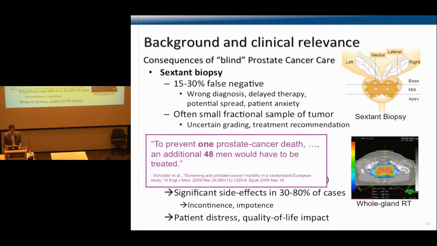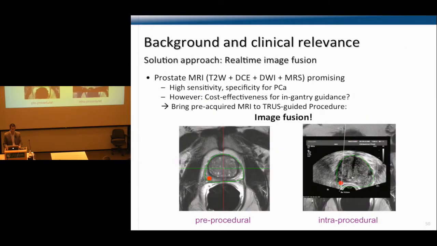And back in 2009, there was a paper in the New England Journal of Medicine showing that to prevent one prostate cancer death, an additional 48 men had to be treated to be able to save one life. So there's definitely some overtreatment that is done. It's not yet very focalized in terms of biopsy or treatment. So it's the same approach, the same message we're trying to convey here,